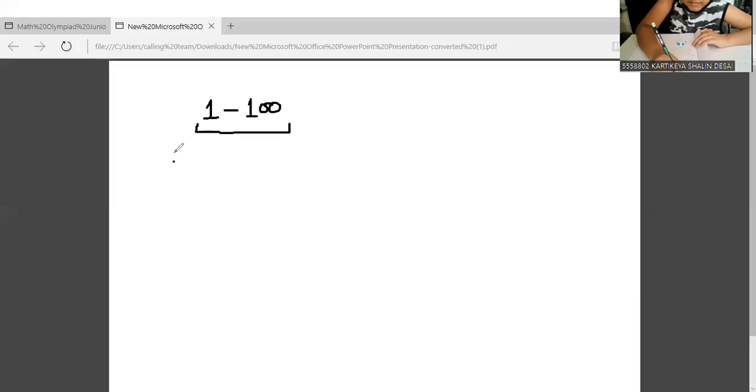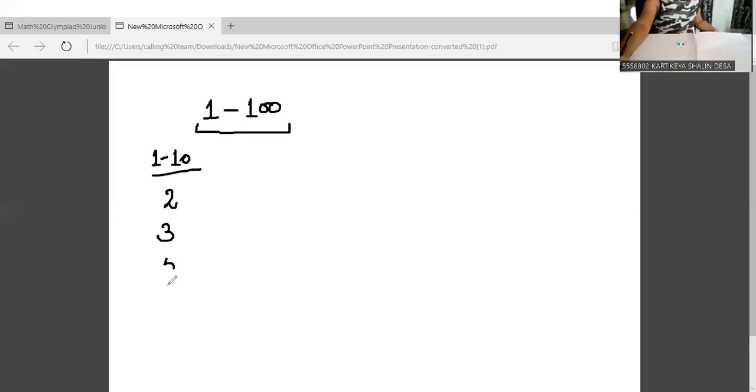So how do we write counting? We always write this way: 1, 2, 3, 4, right? So we'll write this. Just a second, guys. We'll write first line from 1 to 10 first of all. How many prime numbers are there? Can you say in this line we have 2, 3, 5, 7? Correct? Yes. What about 11 to 20?